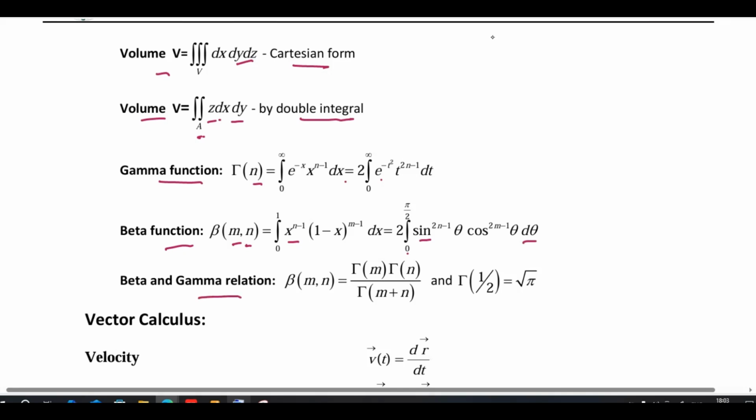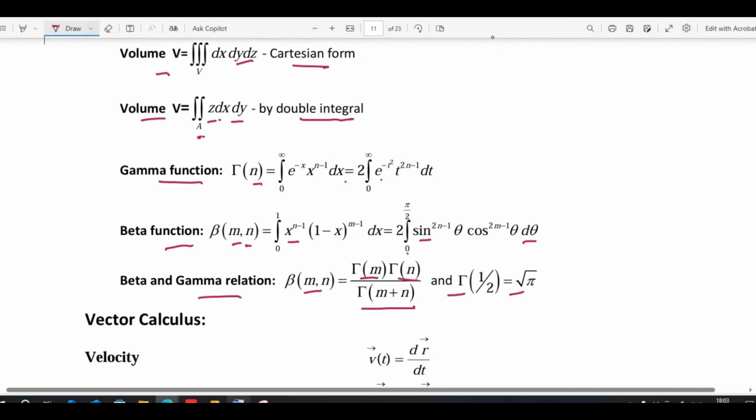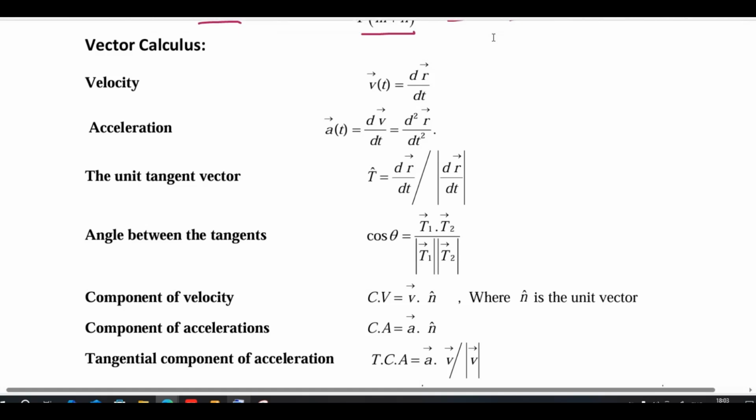Then the beta and gamma relation will be beta m, n equals gamma m into gamma n divided by gamma m plus n, and gamma 1 by 2 will be root pi. Then the next one you have is vector calculus. In vector calculus you have